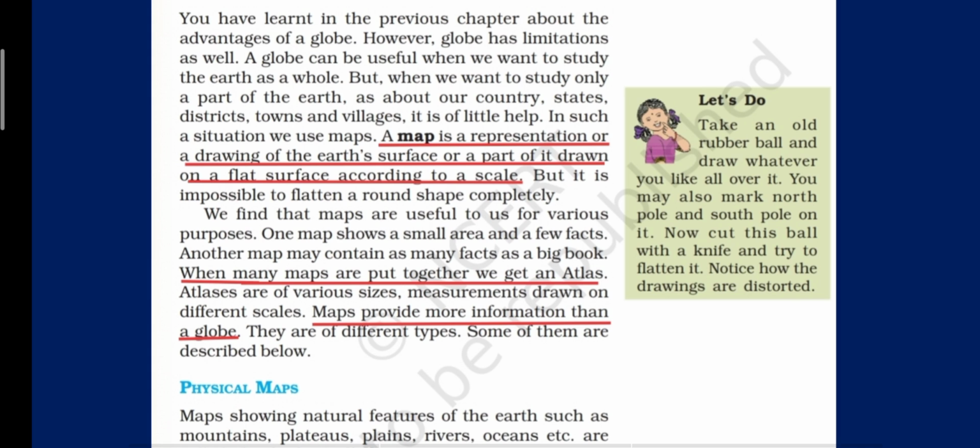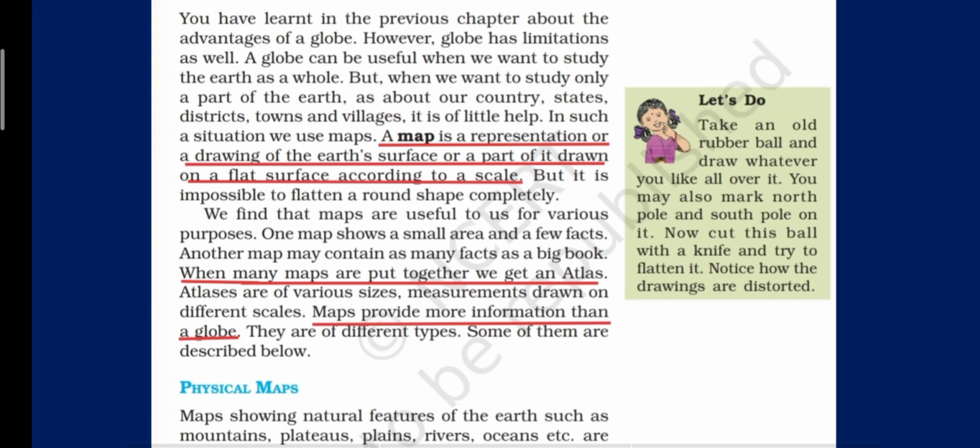Here also in the green box just beside this paragraph, you can see, take an old rubber ball and draw whatever you like all over it. You may also mark North Pole and South Pole on it. Now cut this ball with a knife and try to flatten it. Now notice how the drawings are distorted.